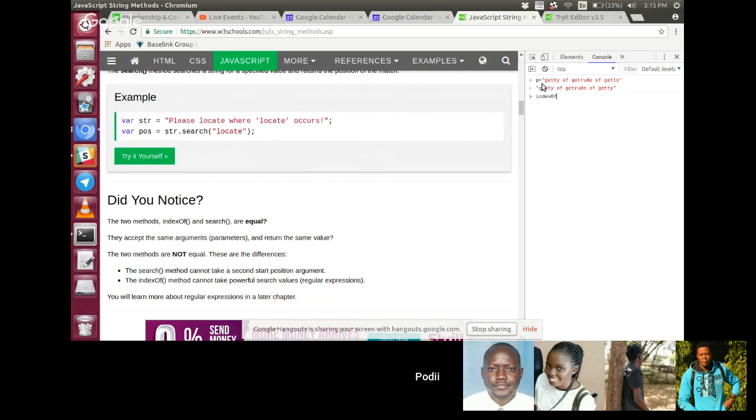Yes, I'm doing that. So for example, we have a string, getting get. So I see the index of the string get, right? But then you pass an argument inside this. Maybe 7, as long as the string. Maybe 6, like that. What do we expect from it? It will be something around